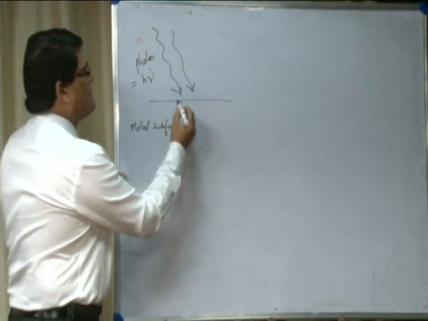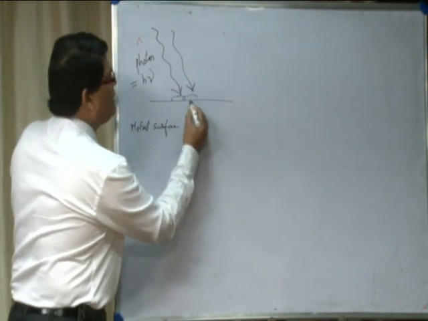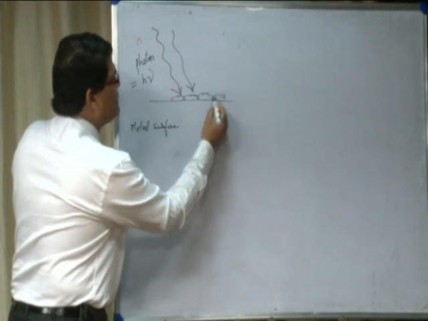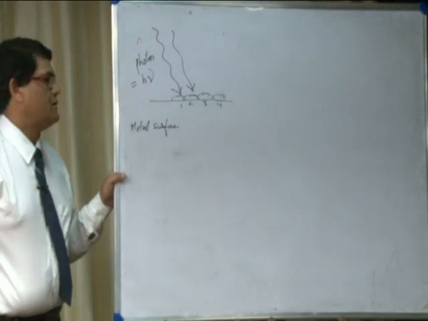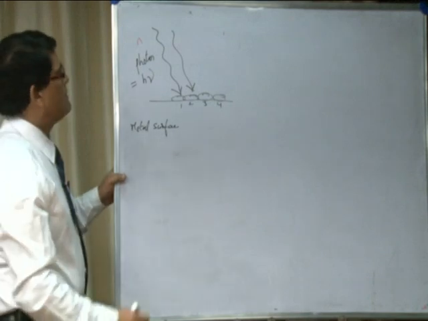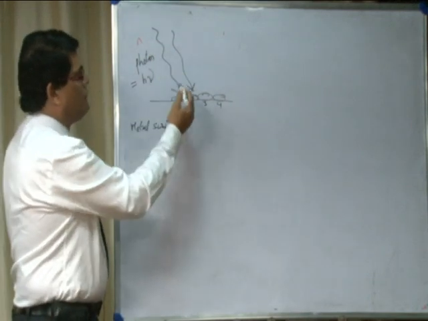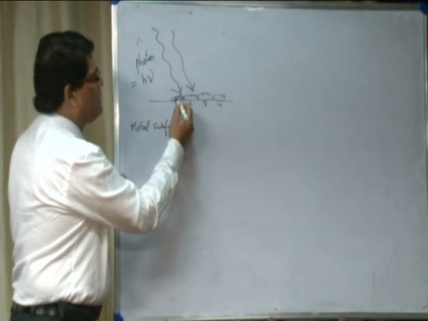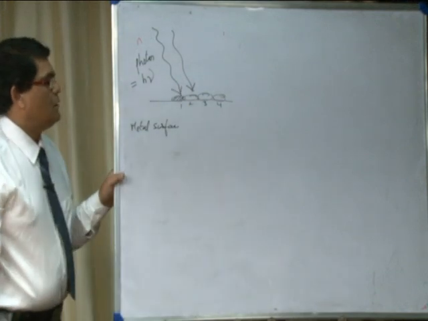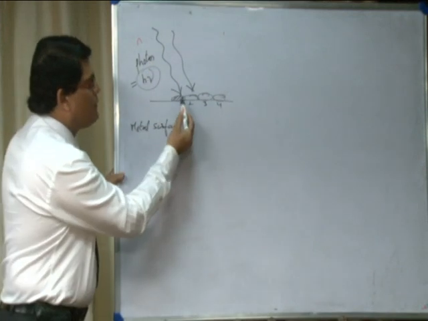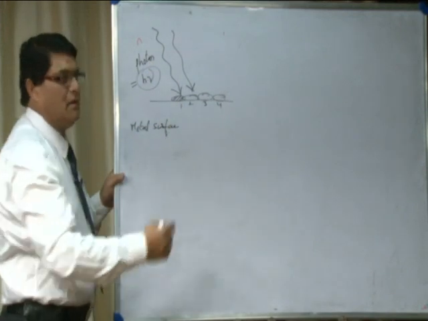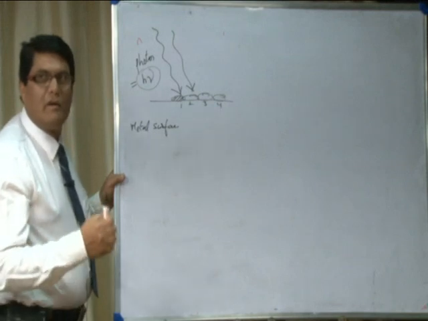This metal surface consists of free electrons, let us say 1, 2, 3, 4 and so on. Now, once the photon falls on, say, electron number 1, the question is whether the energy of this photon is completely absorbed by this electron,